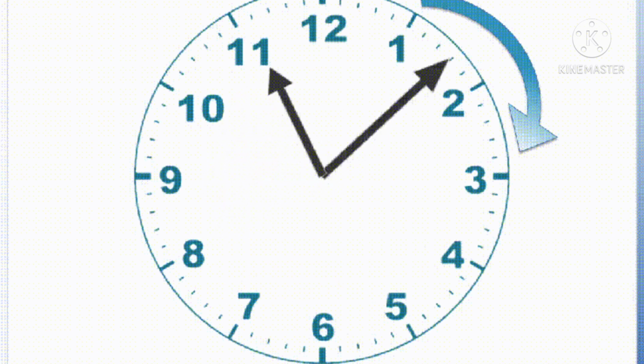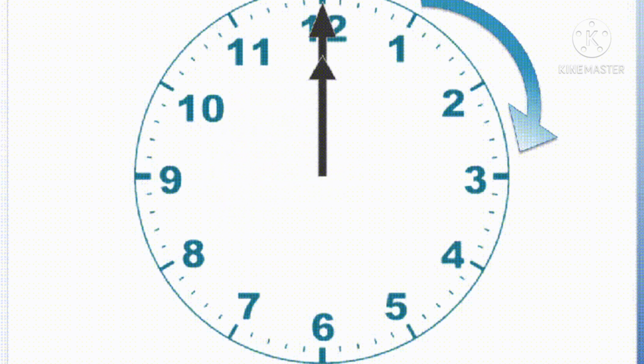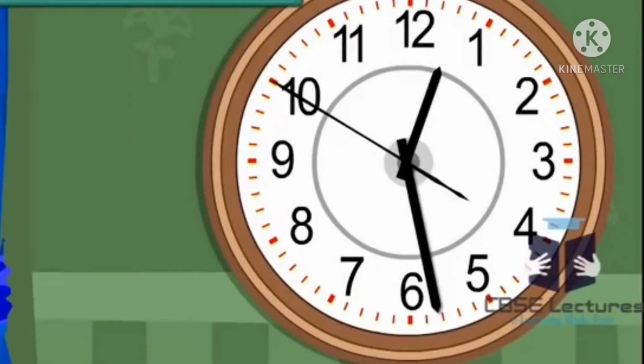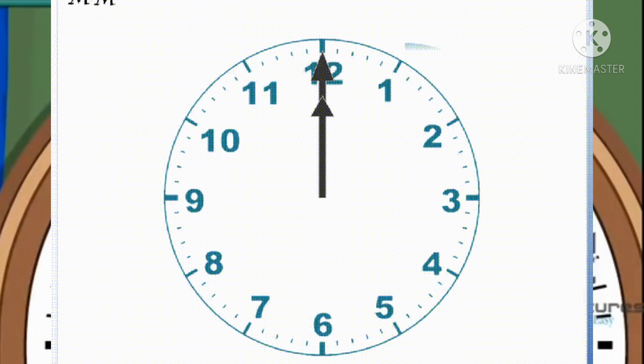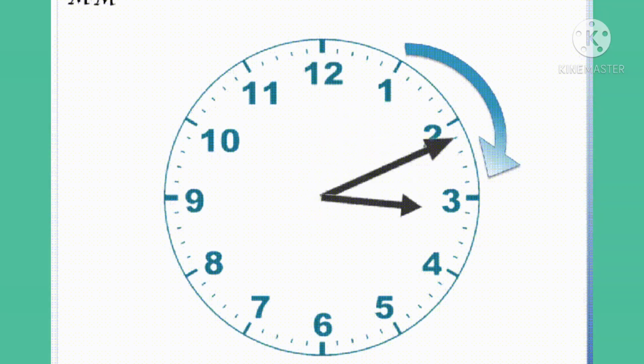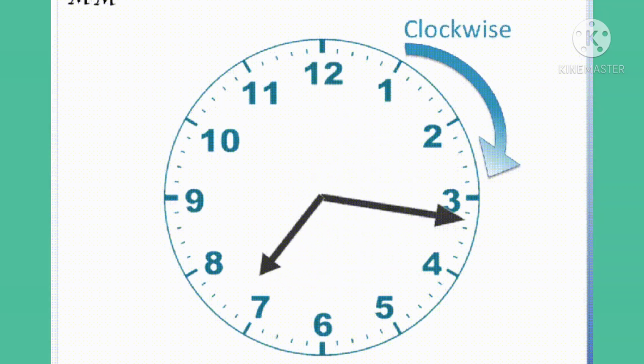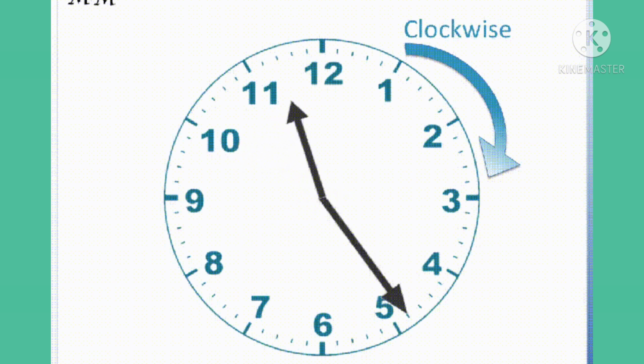Also, in one round, the minute hand moves through 60 small divisions, each of which is equal to 1 minute. The minute hand moves through 5 minutes from one number to the next number. The minute hand moves 24 times around the clock in one day, and so we have 1 day is equal to 24 hours.